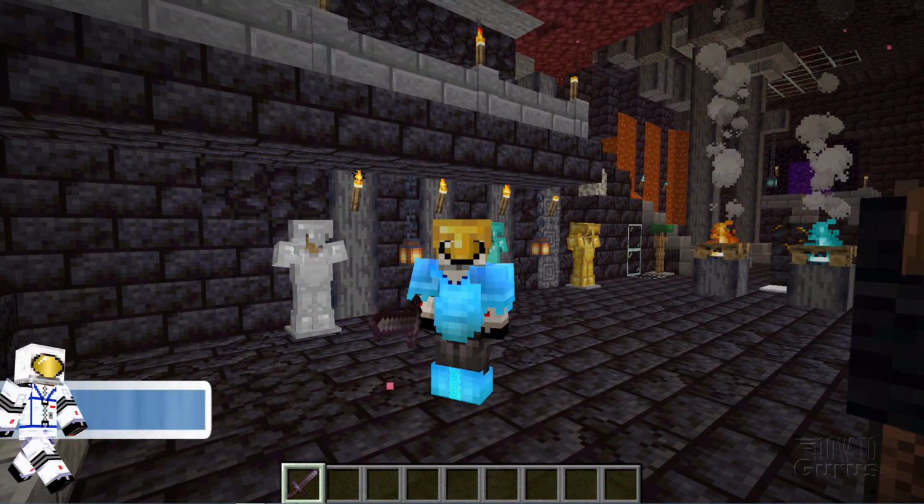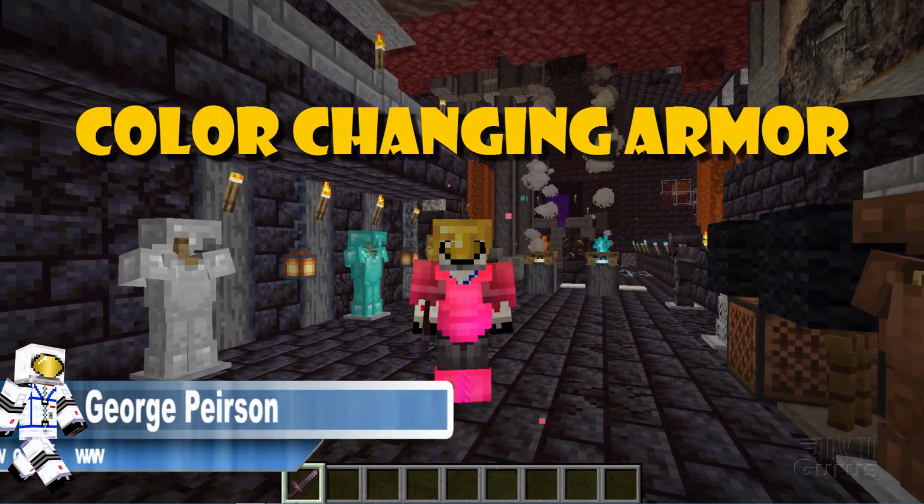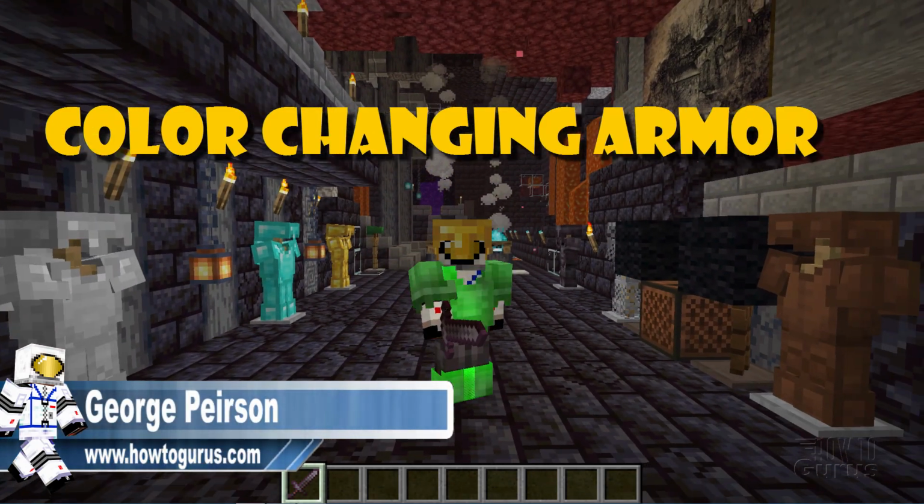Hi, I'm George, and I'll be showing you how you can make this color changing armor here inside of Minecraft